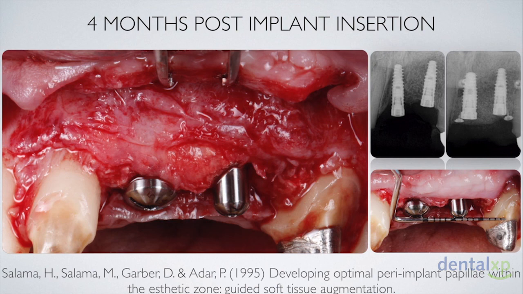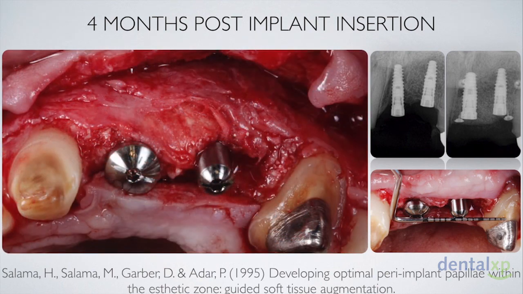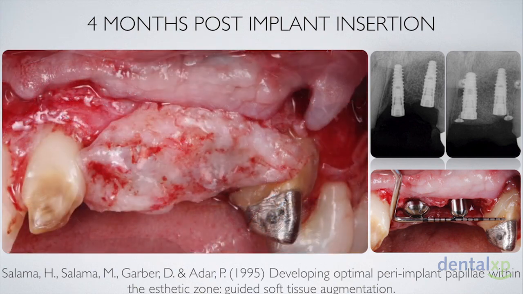So the key here is to continue with split thickness dissection as much as you can, and in a more superficial fashion as much as you can, to avoid any of this dense scar tissue formation that is closer to the osseous structures. Again, this is the occlusal view of the augmented buccal bone and interproximal bone peaks,